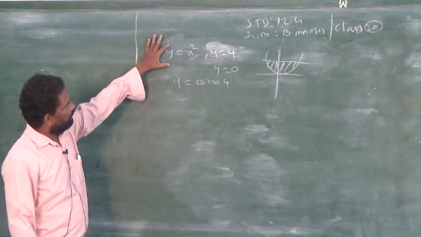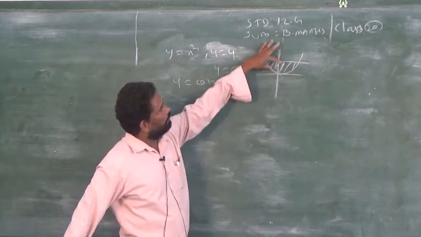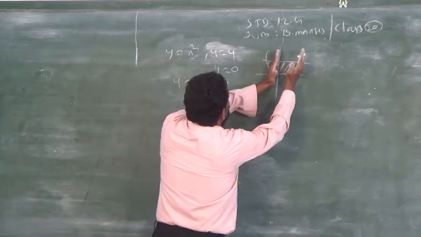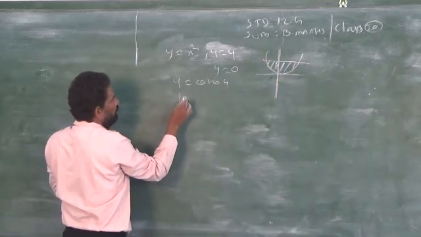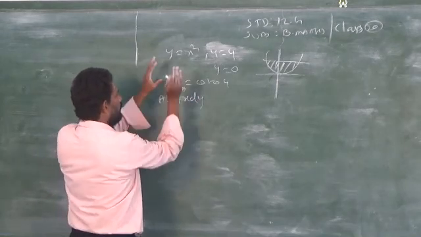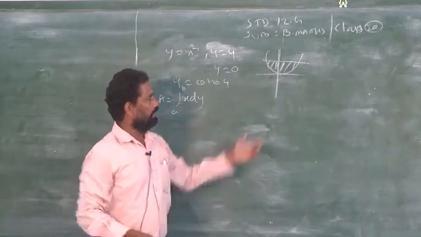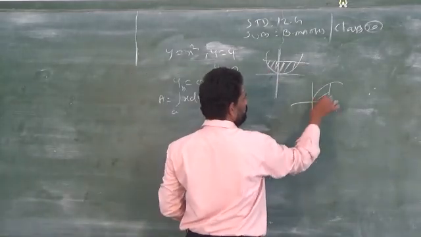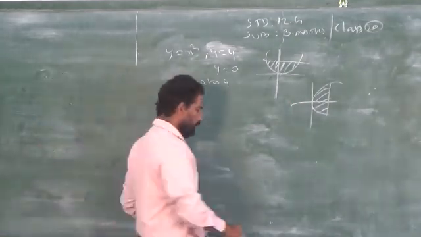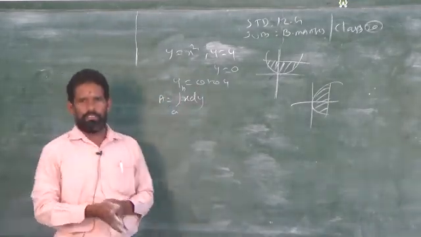First, this area is on the right side as well as the left side. But I told you already the parabola is always symmetric. So it's enough to find out the right side of the y axis. If you use the right side of the y axis, what is the formula? That is x dy, from a to b. Use this formula and integrate. Finally you will multiply by which table? 2 table, because it is symmetric, like what you did in the previous one. We multiplied, no? So the same concept you can apply for this case also. You will get the answer. We will see the remaining part of question number 7 in the next class. Thank you, boys.